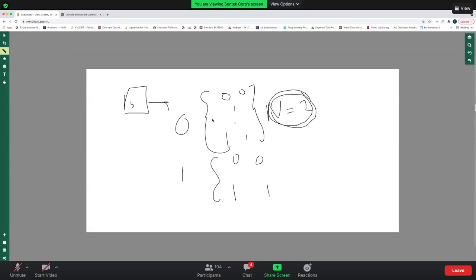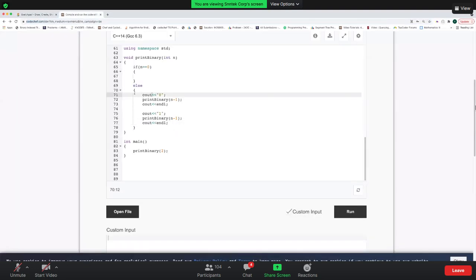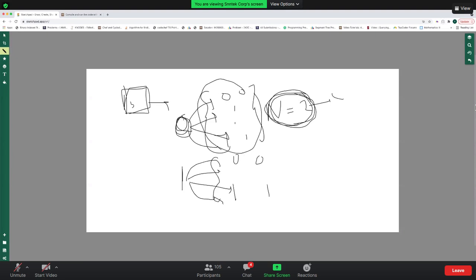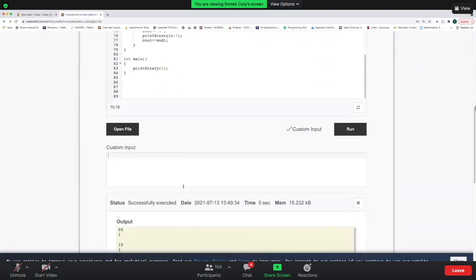The thing here is, if you see the code, I'm printing 0 only once. But what I want to do is add this 0 in front of every one of these possibilities. Similarly, I want to add this 1 in front of all of these possibilities. So in case n equals to 3 and my n minus 1 is 2, there are a total of 4 cases possible. So I want this 0 to get appended in all these 4 cases, and I'm printing it only once. That's why I'm getting fewer zeros here.